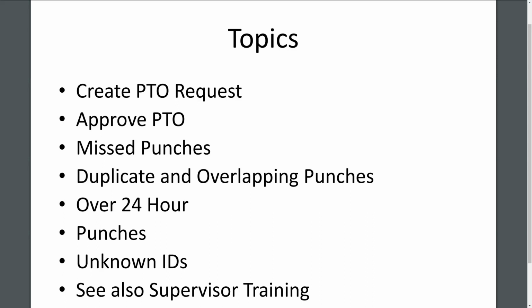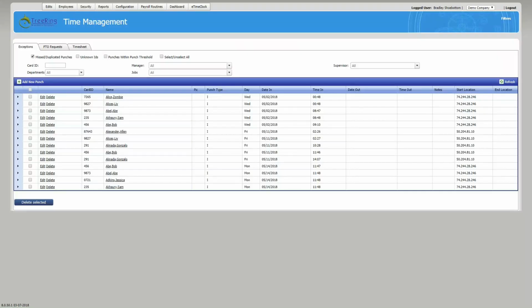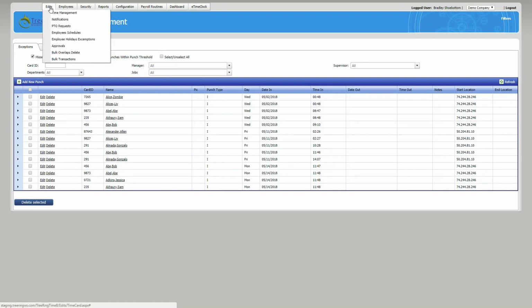Let's start with creating a PTO request. Let's say you have a scenario where an employee has forgotten to put in for some time off. They could come to you, tell you verbally that they would like some time off this Thursday to go to a wedding, for example. So you would go into time management, and up would come the exceptions, PTO, and timesheet. Click on PTO request,